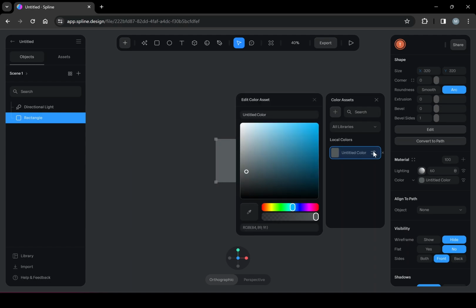And I'll click that little toggle there. And I'm just going to see if I could find some sort of beige color. I don't know, it's just for the house color. Whatever works, this is good enough.